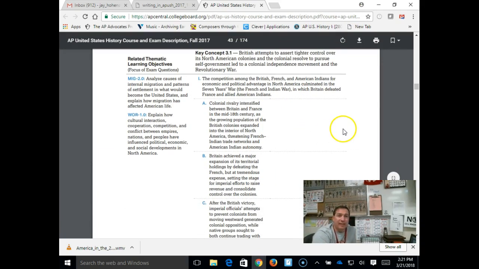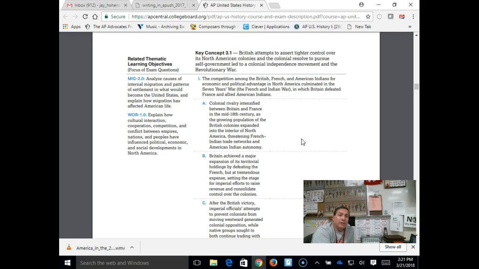So when you take a look at your concept outline, we want to be looking for the types of questions that you could be asked. And so a lot of the stuff that we're going to be hitting today is very much related to your DBQ that you guys are going to be doing for class on Friday. And so think about the DBQ question that you've been given. The idea from 1763 to 1783, the idea of American independence changed in some ways over time, but in some ways it stayed the same as the way that Americans felt about independence at the start of this time period during the French and Indian War.